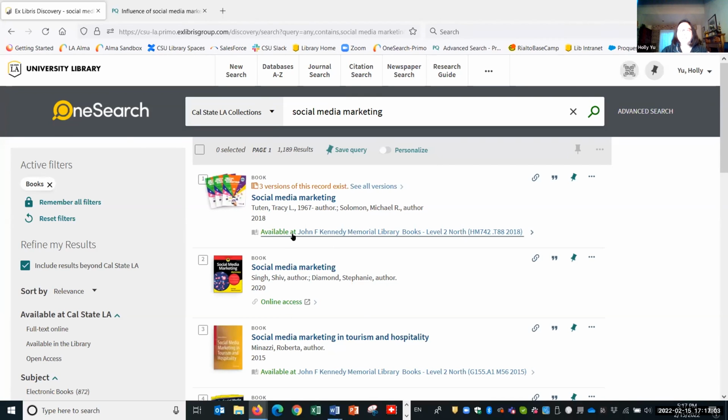If it's a print book, it tells you if it's available and tells you it's available at the library and on what level and the call number. And the call number, it's a book's address, sort of. You need to copy down that call number if you want to come to the library to pick it up. You copy down the call number and then take it with you, go to second floor, Library North to get this book, then check it out at our service desk